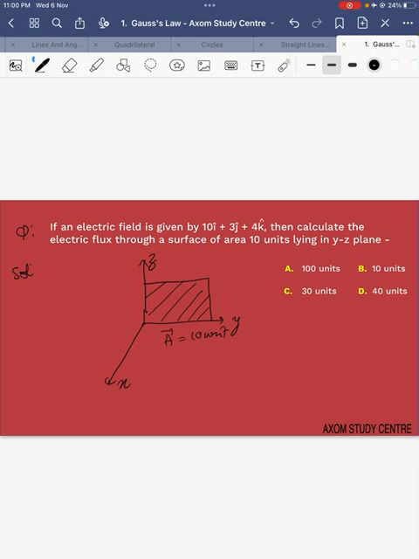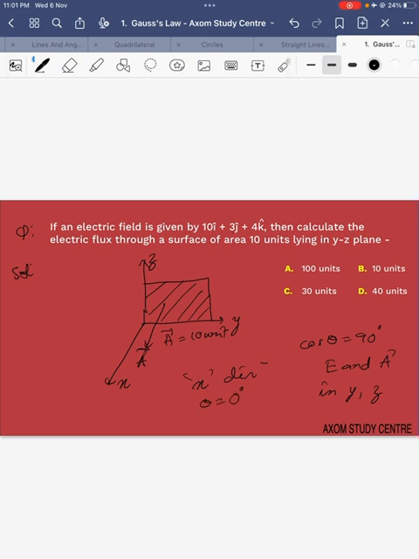We will be able to calculate the flux only through the X direction, because the perpendicular to the area is along X. Along Z and Y it will be 0 because the angle between E and A is 90 degrees, cos 90 is 0. So only along the X direction